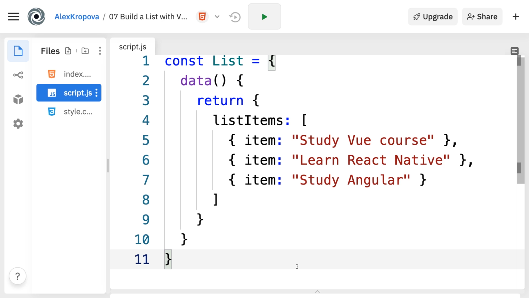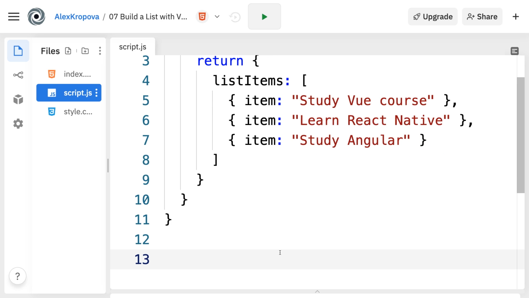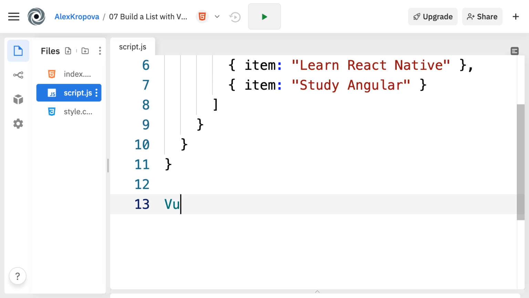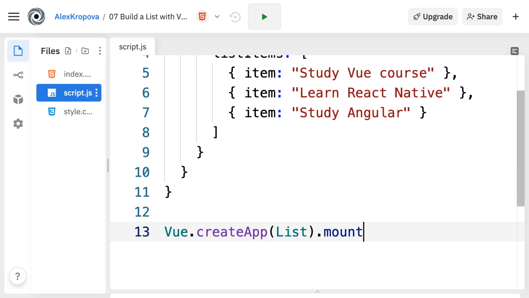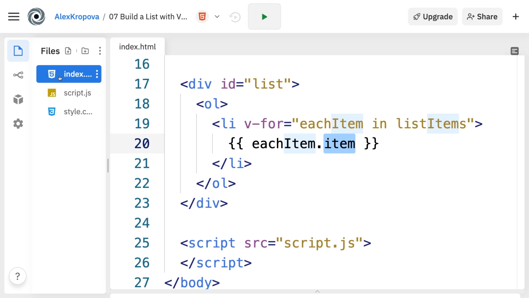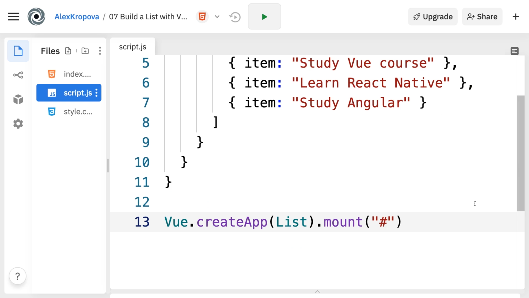Our last step is going to be to mount the Vue app to this list constant and to our list div. So that's what we'll add. We'll add Vue.createApp. We want to create the app with the constant list. And we also want to mount the ID of the div we made. If we go back to index.html, we can see we want to mount it to this div with the ID list. So we can go back to script.js and use list as our ID of the element we're mounting the